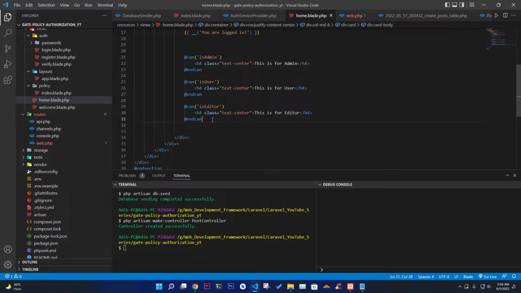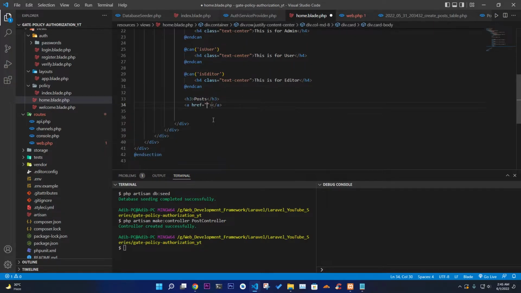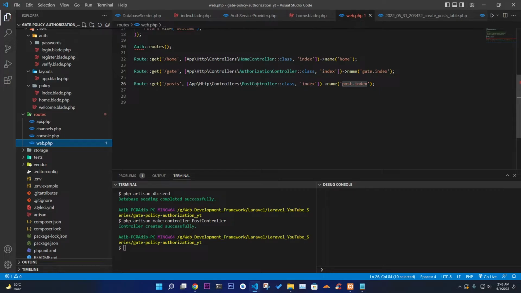Here I'm gonna write a simple h3 tag, and here I'm gonna use post, and here I'm gonna use an anchor tag, and I'm gonna see posts, and here I'm gonna put that route post.index. Okay, so this is very important, and I'm gonna use class of btn dash success. So if I go to /post, it will go to the post controller and go to the